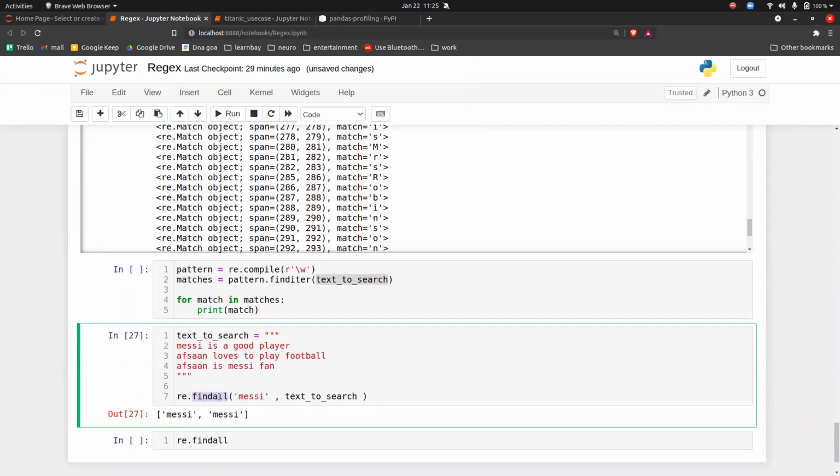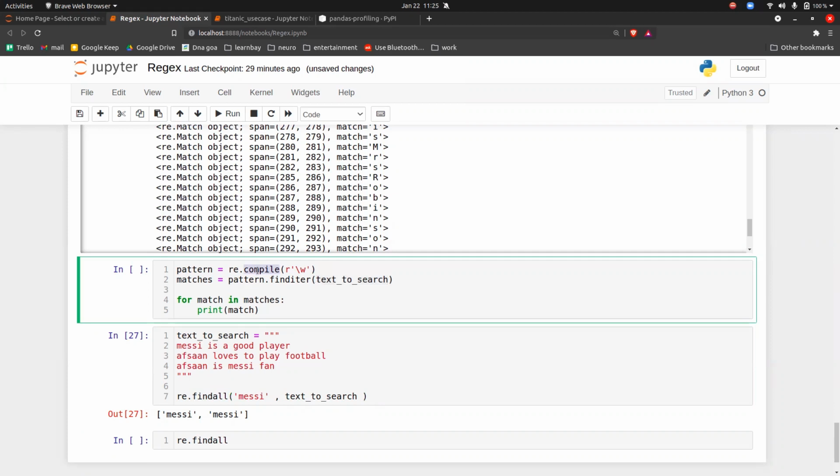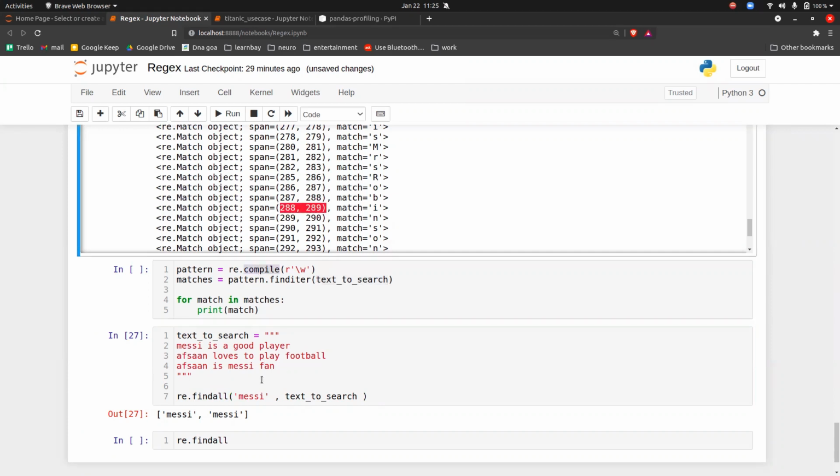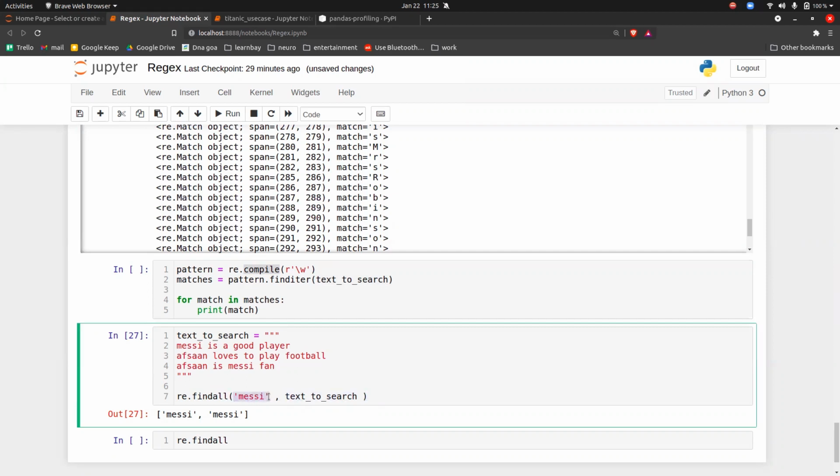I hope it's clear now. Yes. So there are different functions, like start index and stop index. Yes, exactly. So see, this compile method, it will be debugging everything and giving you this particular part. But let's say if you want to extract all the emails, you can put a syntax for an email here and you can extract all the emails here. Got it? Yes. So this is how you can use it.